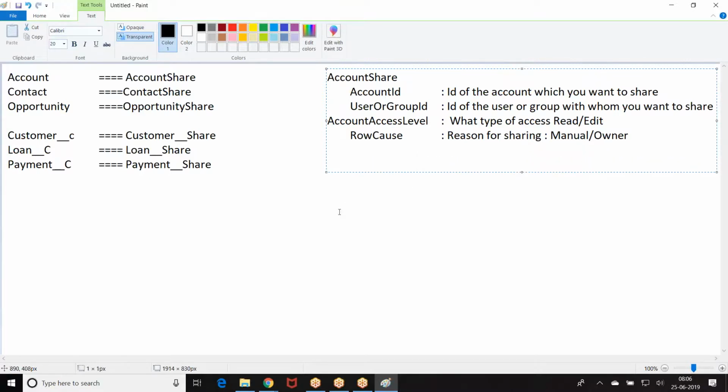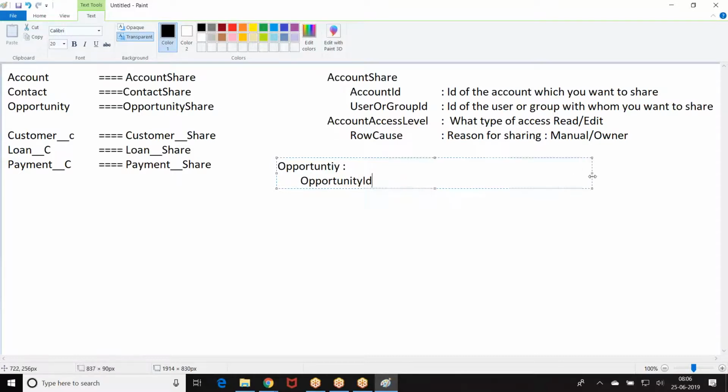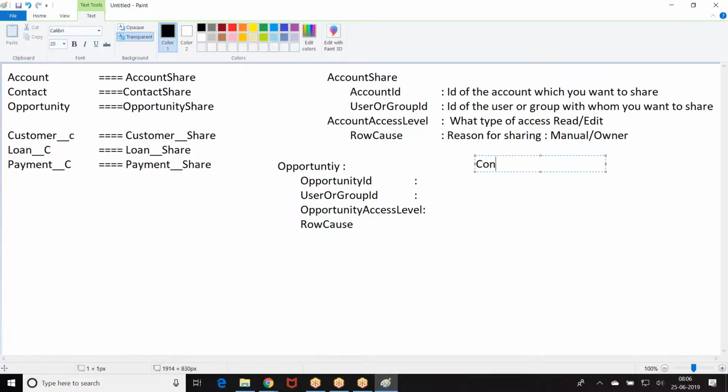Right. The same story. If I go with opportunity: opportunity ID, user or group ID, opportunity access level. If it is a contact, tell me what will be the fields?